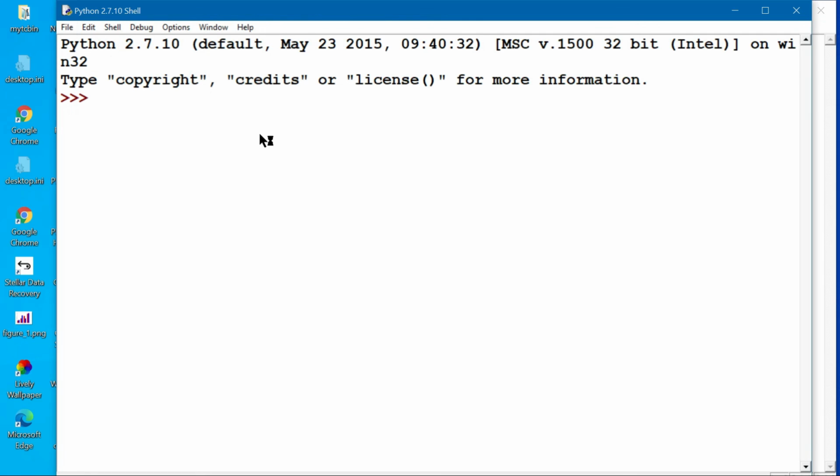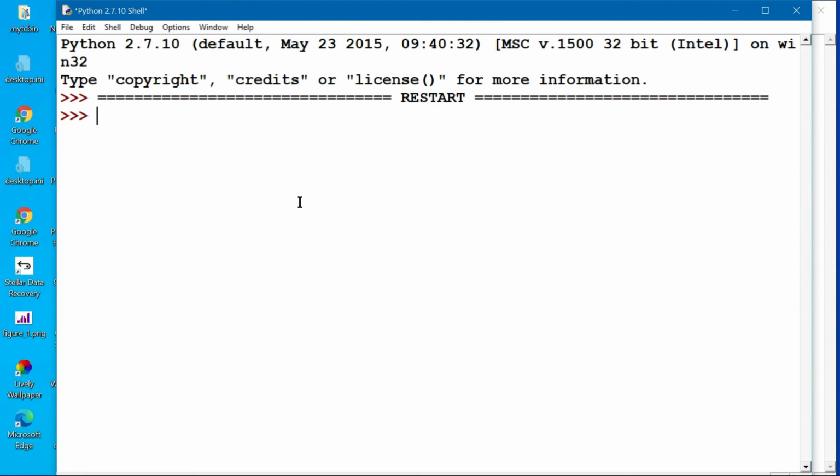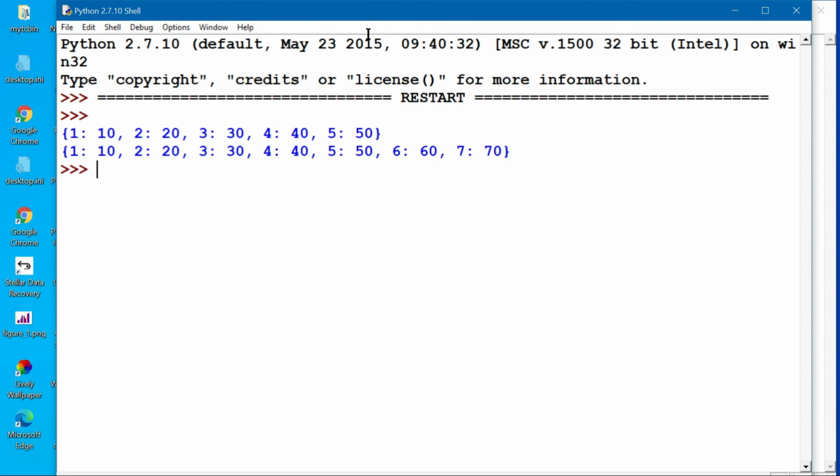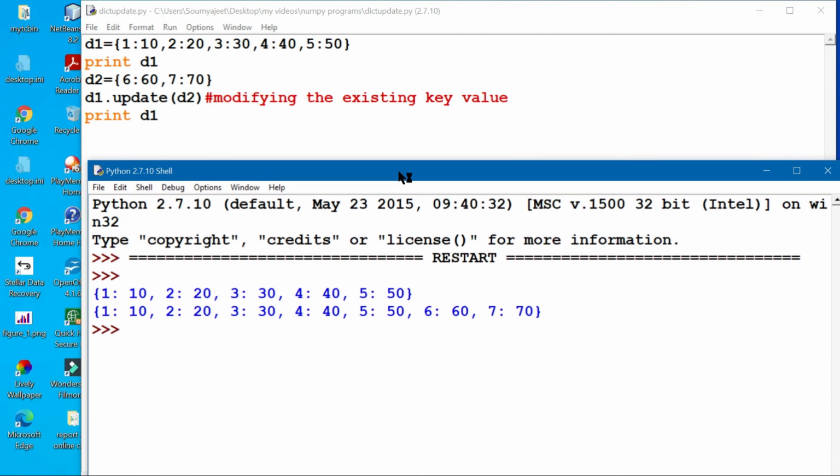So what is coming, you see it out here. The existing dictionary is this one, and this dictionary has been updated with two more values, that is 6:70 and 7:70. And at the end, both the dictionaries have been printed. So this is the updated form of D1 right now.